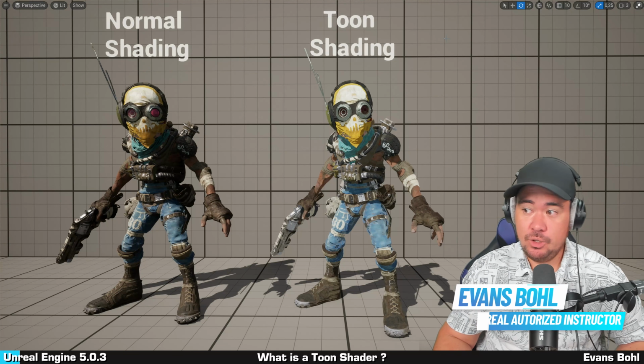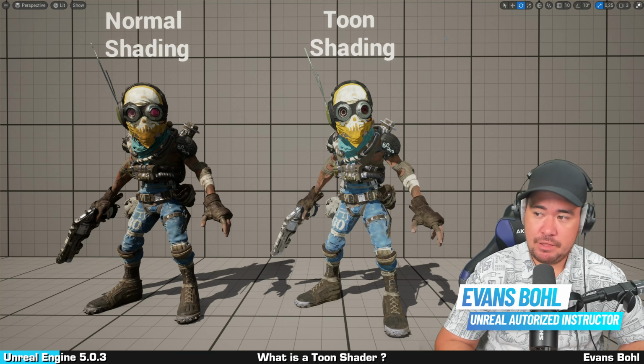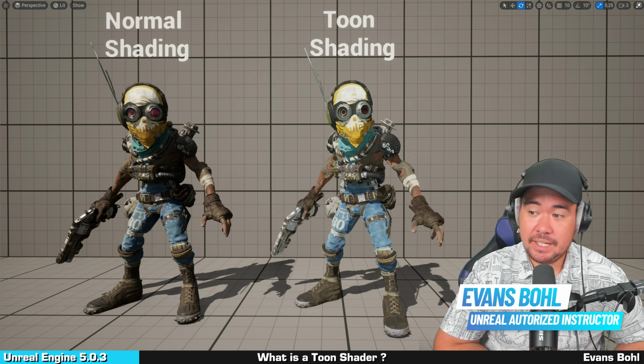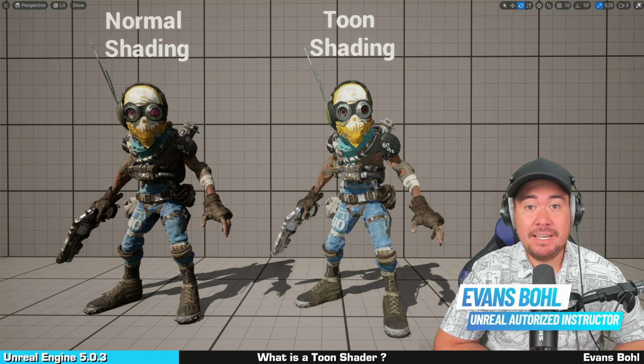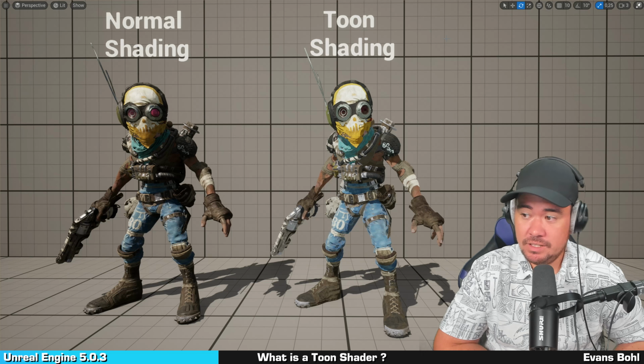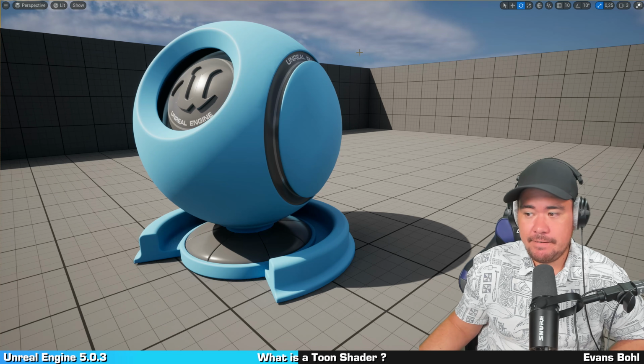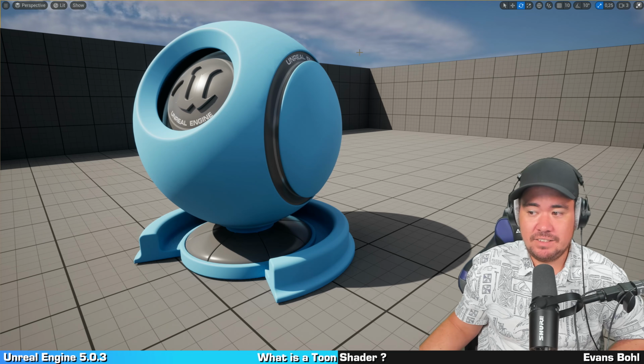A Toon shader, like the ones you can see in games like Zelda Breath of the Wild or Genshin Impact, allows us to make our 3D scene look like it was taken out from a comic book or a 2D animated show. And the way it works is easy to understand, since all we need to do is take the lighting of our 3D scene, and instead of having smooth transitions between the parts that are lit and the ones